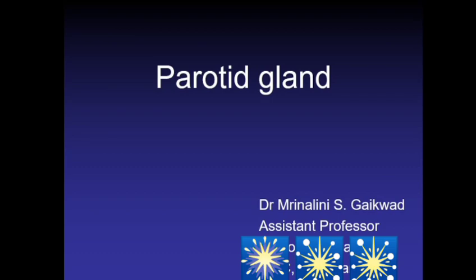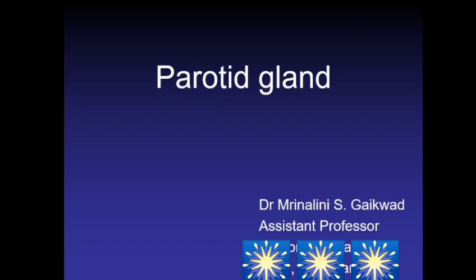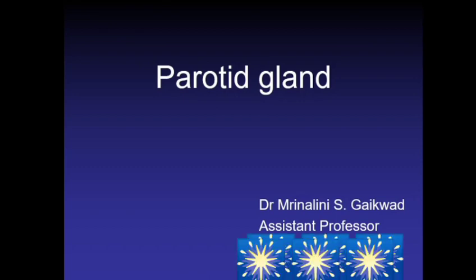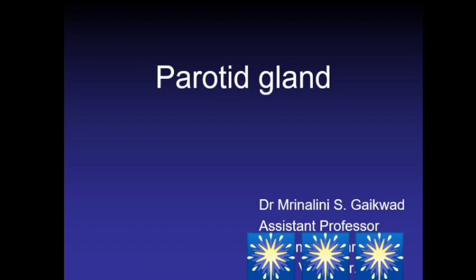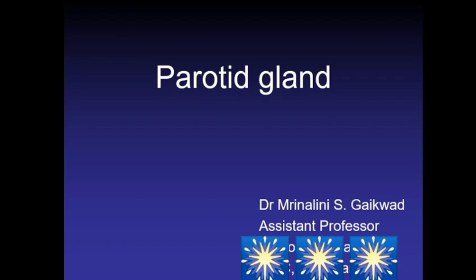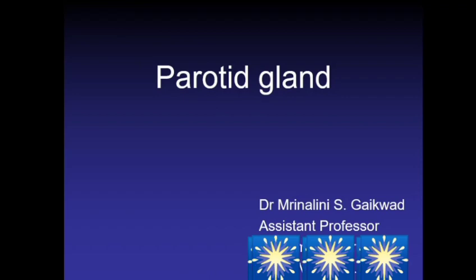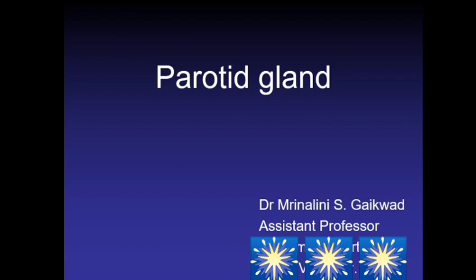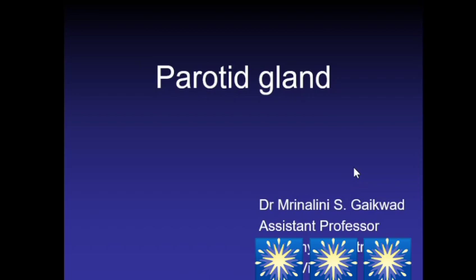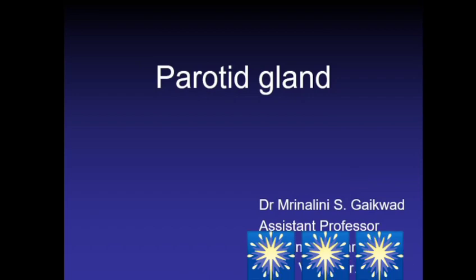Today we are going to study the parotid gland. The principal structures in this area are the parotid gland and the facial nerve. The facial nerve comes out of the cranial cavity through the stylomastoid foramen in this region and enters the parotid gland, where it divides into 5 terminal branches which emerge on the face underneath the anterior margin of the parotid gland. Detailed knowledge of the anatomy of the parotid region is important in clinical practice, particularly when performing surgical procedures on the parotid gland.